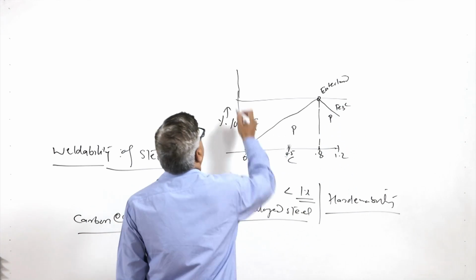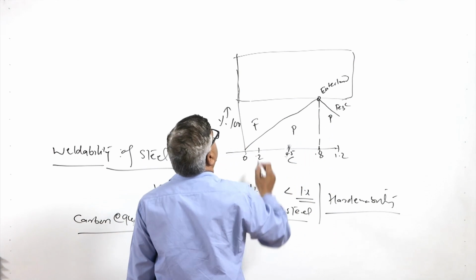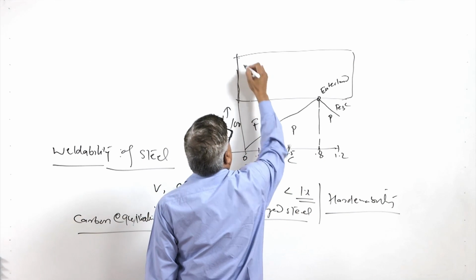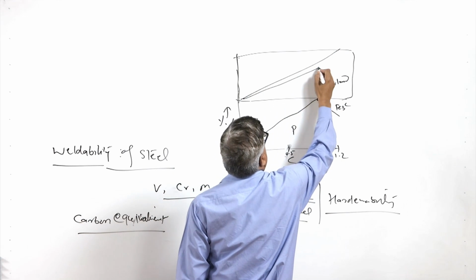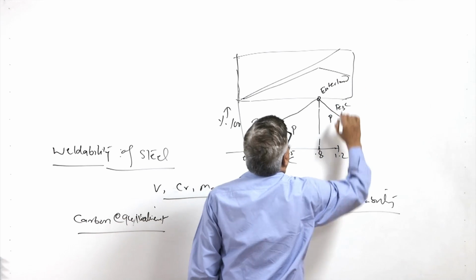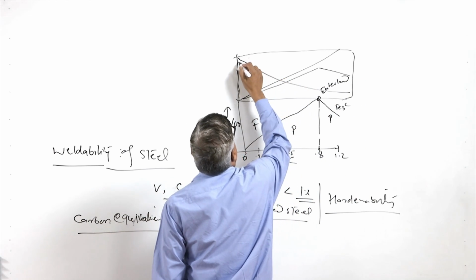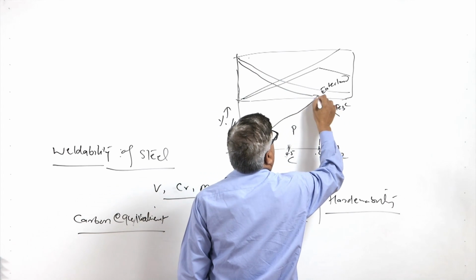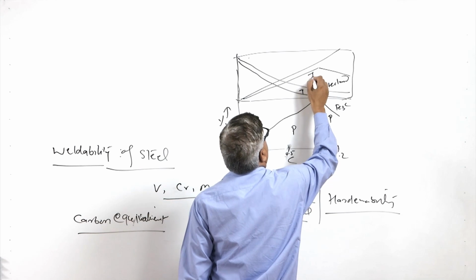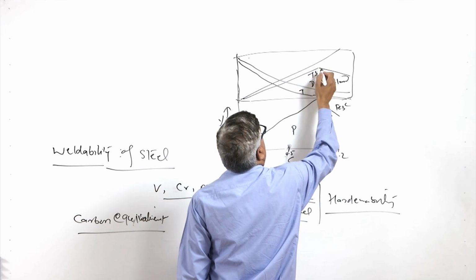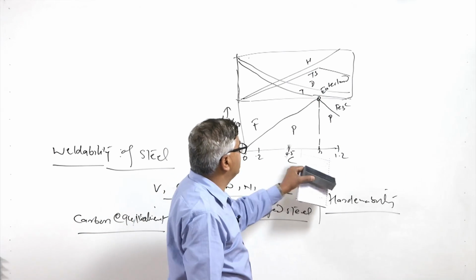Fe3C. On the other hand, if you see the property variation in terms of strength and ductility, there is a continuous increase in the hardness, while the increase in strength takes place up to the eutectoid point, thereafter strength decreases, while the toughness and ductility both keep on decreasing with the increase of the carbon content like this. So, ductility, toughness, tensile strength and hardness. Hardness keeps on increasing with the increase of the carbon content.